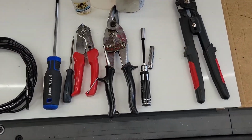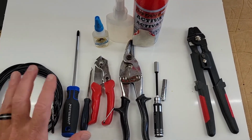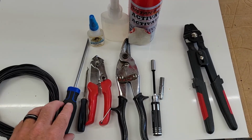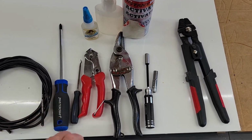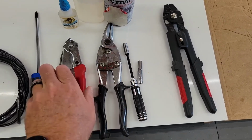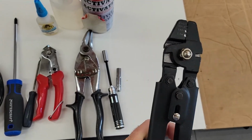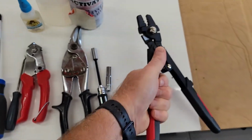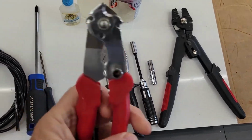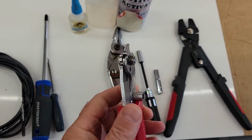Here are some of the tools you'll need to install your steering system. It's basically the same for the Pro Angler steering system or the Universal. You'll need about the same. You need a set of cutters, either this style, a set of tin snips, or these are a set of cutters that you can get from Amazon or whatever